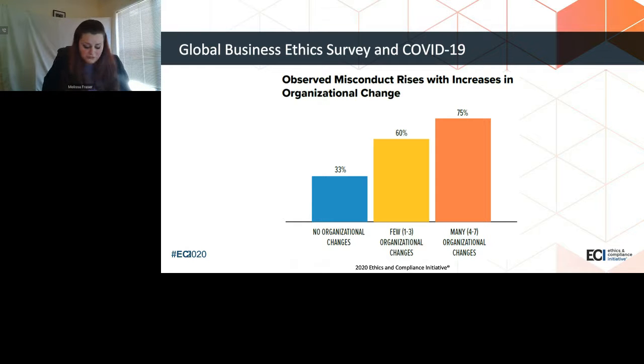So looking at your graph, you can see organizations that experience none of the types of change, that's your blue bar, 33% of employees observed misconduct. Whereas employees who observed 4 to 7 types of organizational change, that's your orange bar, 75% of employees observe misconduct. This means that employees working in an organization with many changes within 1 year observe misconduct more than 2 times